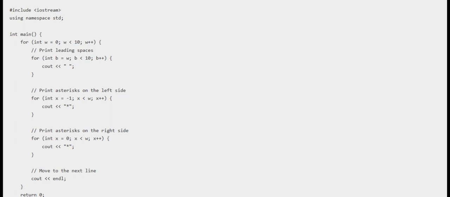In summary, this code prints a pattern of asterisks and spaces, creating a symmetrical pyramid. It starts by including the necessary libraries and defining the main function. Inside the main function, it uses a loop to repeat a set of operations 10 times. These operations include printing a series of spaces and asterisks, each controlled by their own loop, and finally printing a